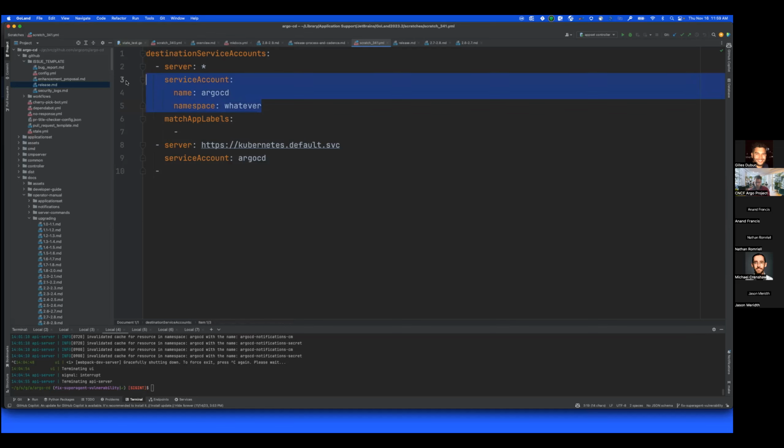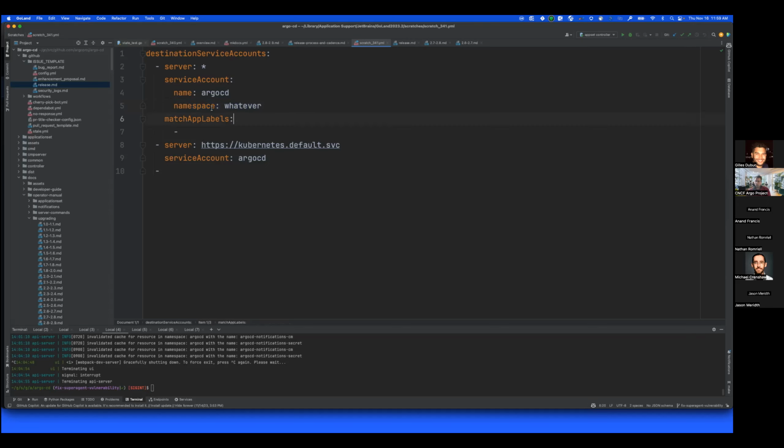I think this is a fine way to accomplish what you're talking about, just explicitly specifying it. I guess the use case you're trying to target is that we want this thing to be very self-service. The user should be able to create their own service account in their destination namespace. But just inferring that it is the same namespace as the destination of the application itself seems not great to me.